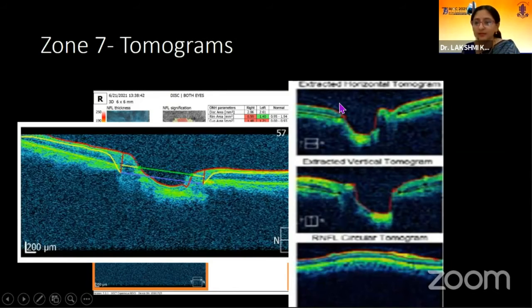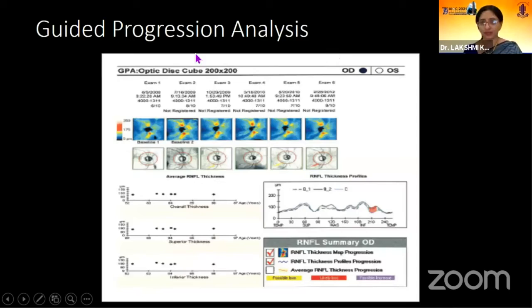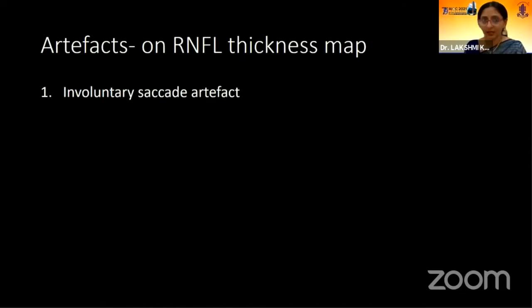In Cirrus OCT, 3 of the tomogram images are seen. So we can use this glaucoma RNFL OCT for guided progression analysis. If we use the progression program that is there, all we have to see is in the repeated OCTs if a yellow zone is coming on and if it's changing to red. If it is changing into red, that means we have to start the patient on glaucoma therapy ASAP.